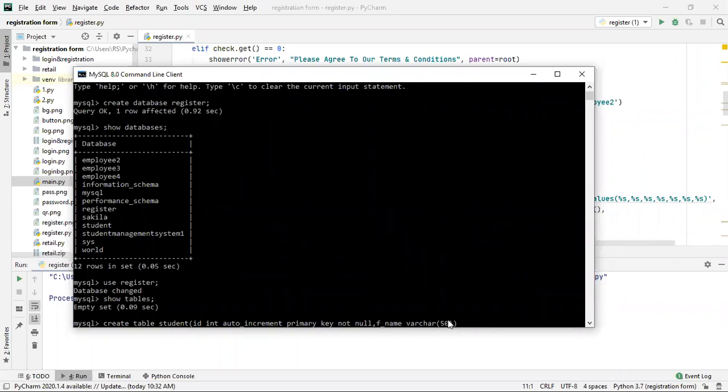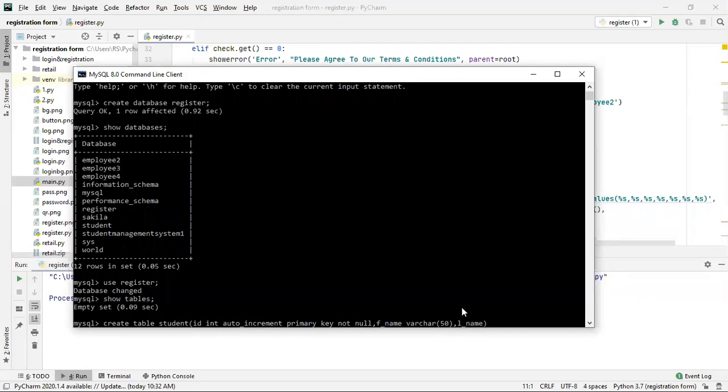I'm giving it 50, you can give it 100 or 200, it's up to you. If you type a larger name, greater than these 50 characters, then you will get an error that it is too long. So you can change it according to your size. Then separated by comma, the next thing is last name.